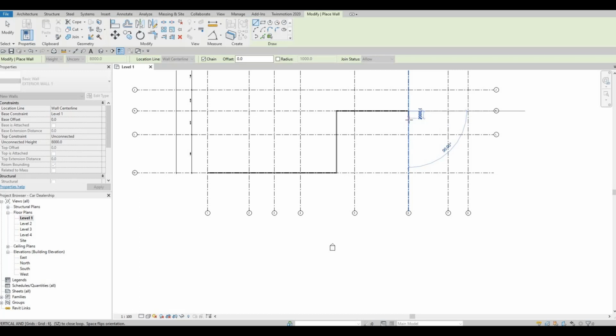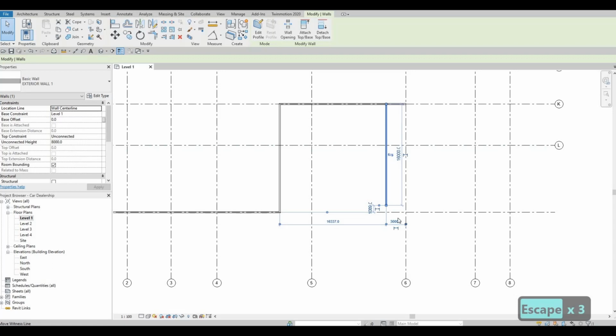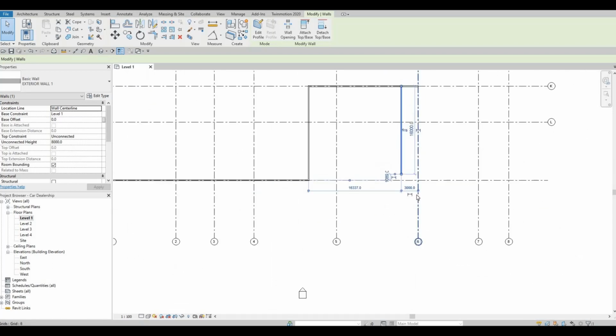But here we're going to add, so press escape, we're going to add a wall right here, and then from that wall we're going to set up the distance from the 6th grid line up to this wall. Select that, and then we want to put 3773,